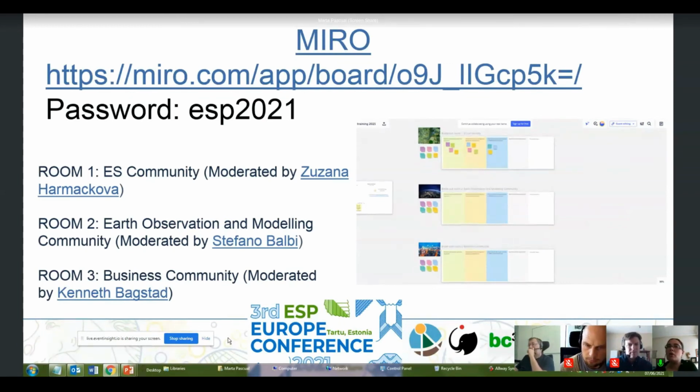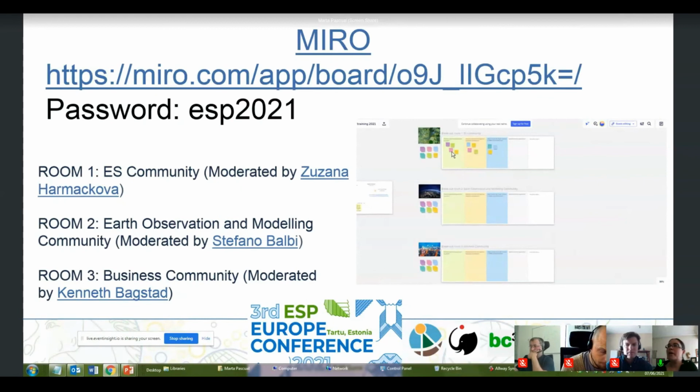So if you're a modeler and you work with remote sensing, etc., this is your room. And room 3 is for dealing with questions from the business community. Some of you will like to develop an application, or do actually have a business and would like to enter into contact with us to see how we can collaborate, Aries and yourself. So this is your room to be.